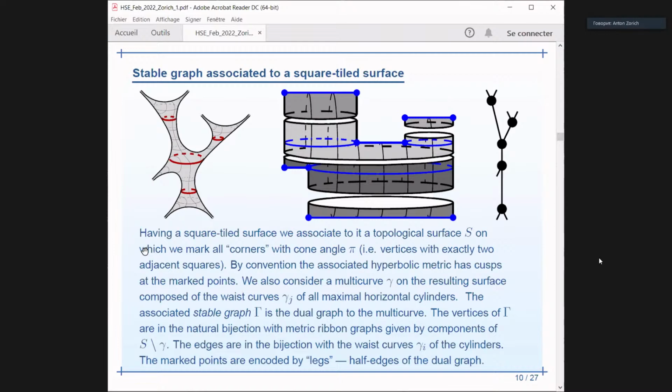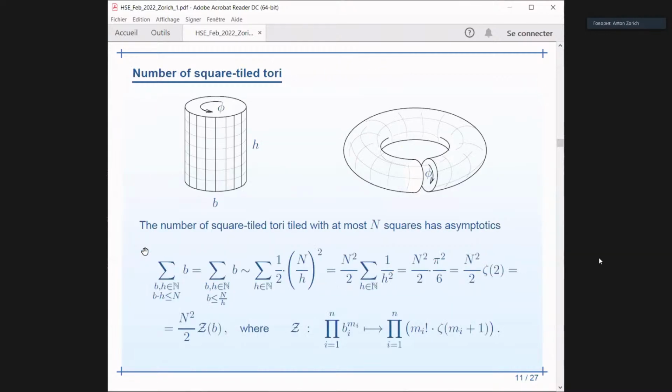Okay. Now, with all these preliminaries, I can tell you how we'll compute square-tiled surfaces. Let me first show how to compute square-tiled tori. Basically, I can cut my square-tiled torus by any horizontal curve passing through vertices of squares, they are all the same. I will open it up and I will get a cylinder, which will have